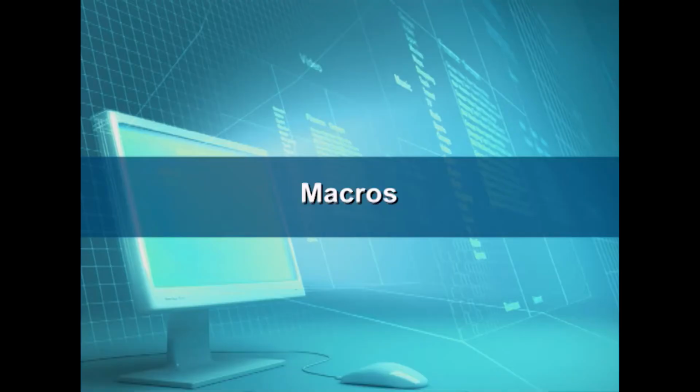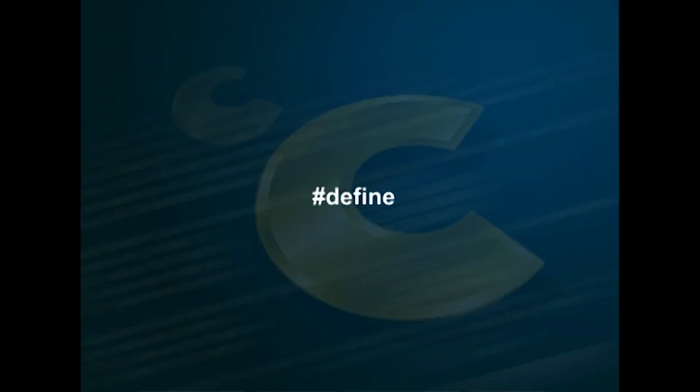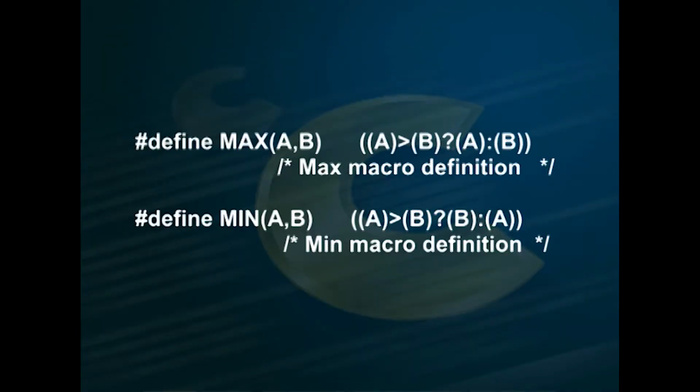Macros. When the #define statement contains something more than a constant value, we usually call it a macro. It is a piece of C code, and a typical function of a macro is to perform some logical decisions or some mathematical functions. For example, #define max(A,B) ((A) > (B) ? (A) : (B)), #define min(A,B) ((A) > (B) ? (B) : (A)).